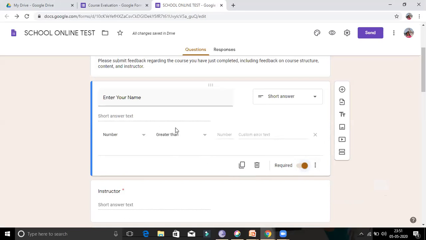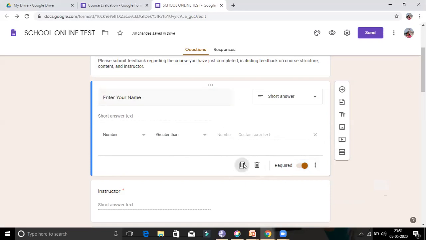So this is for a short answer. Students can write their name, and the same thing you can copy. Otherwise you can create another text form.